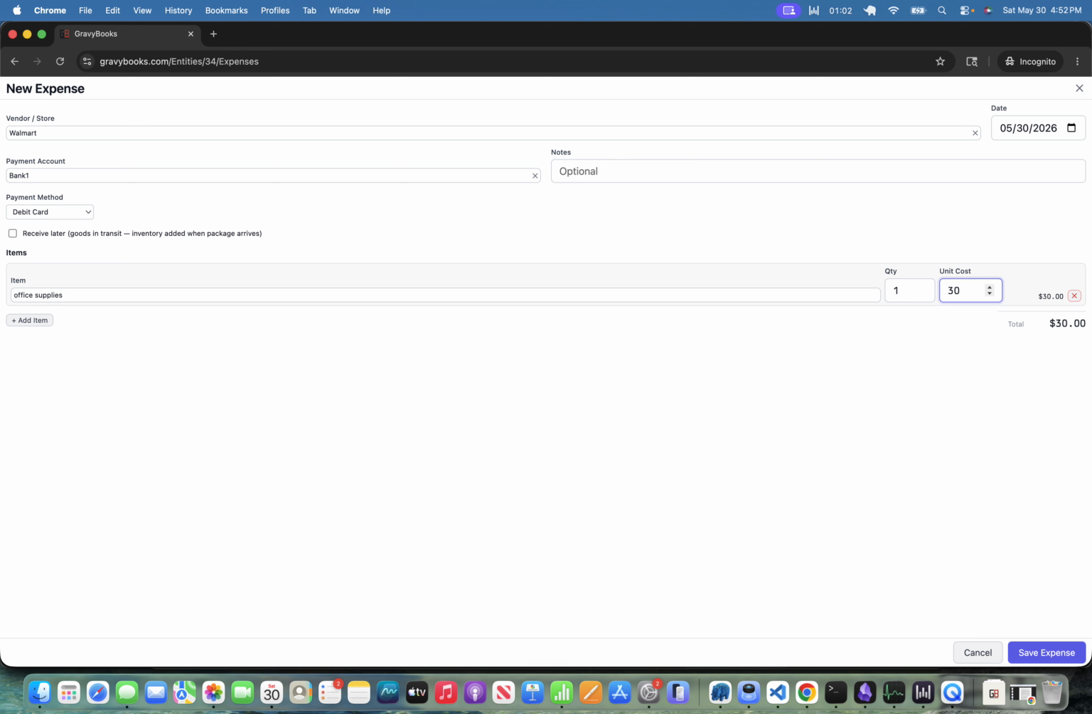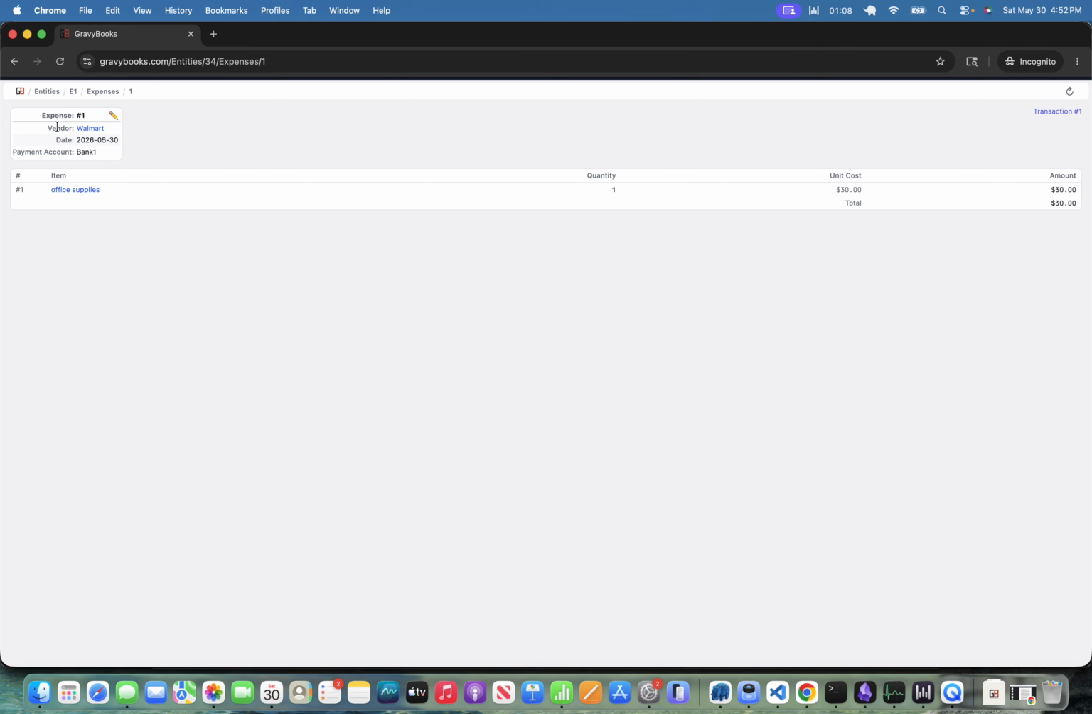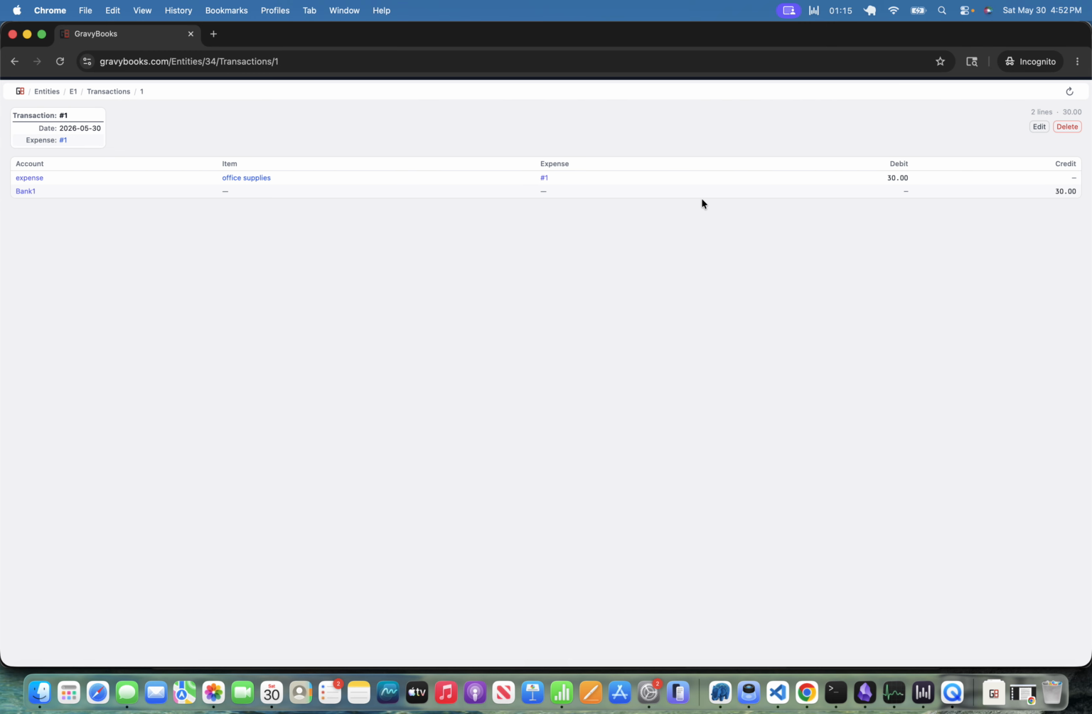So let's say we spend 30 bucks on office supplies at Walmart. And if we click into this expense in GravyBooks, it will show us the transaction related to this expense. If we look at the transaction, we can see that we credit the bank account $30, and that's explained by a debit of 30 in the expense account. So we expect to see on our bank statement or bank transactions from our bank that this $30 credit will